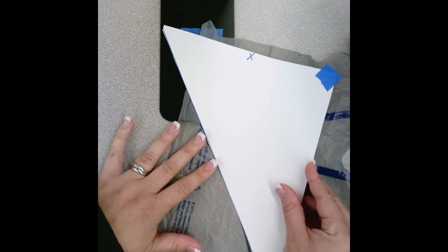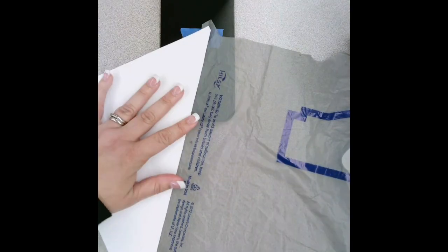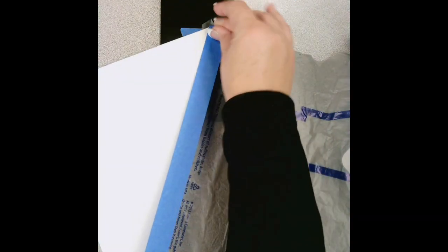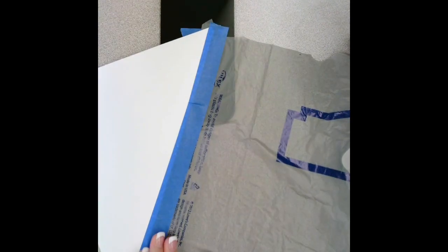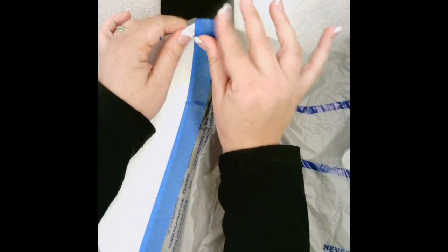So I'm going to take my triangle and I'm going to flip it over. But I notice that the X, even though it's facing the other way, is still at the top. I'm going to place it right on top of my plastic bag. And I'm going to tape it down nice and carefully. You might need to have somebody hold the paper while you do it. If you can't do it in one giant piece of tape, use lots of small pieces. Make it easier on yourself. I'm going to tuck that over there, tuck that there, and I'm going to